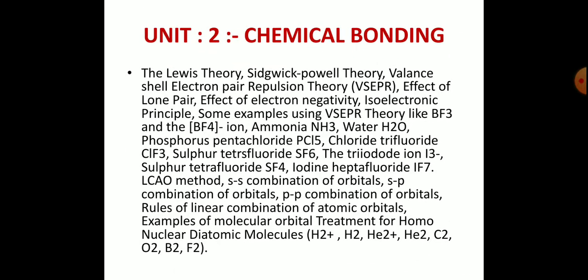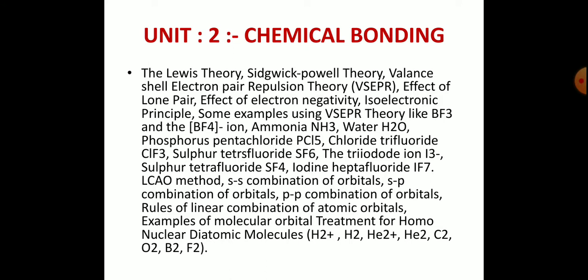In chemical bonding, we have to study all these topics. First is the Lewis theory, then Sidgwick-Powell theory, valence shell electron pair repulsion theory, also known as VSEPR theory. This theory is very important for the internal exam or external exam. Then effect of lone pair, effect of electronegativity, isoelectronic